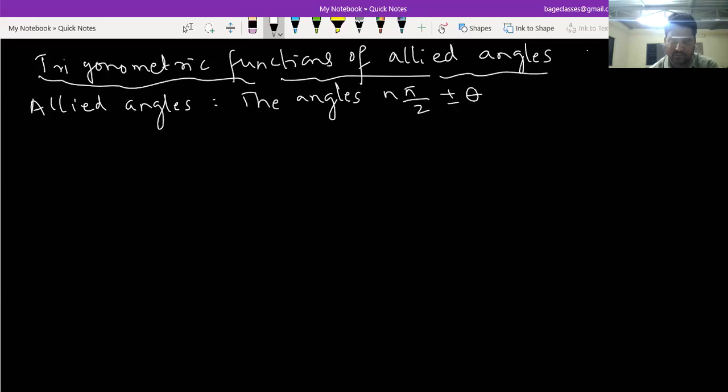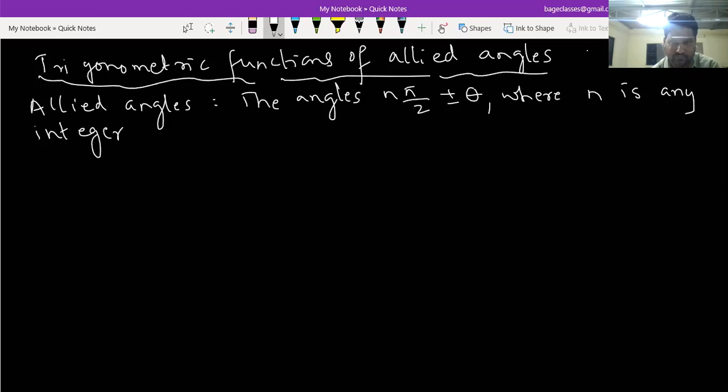We say 0, 30, 60, 45, 90. It means it's some acute angle. What is n? n is any integer, either positive or negative. Suppose I put n equal to 1, so that is pi by 2 plus theta,